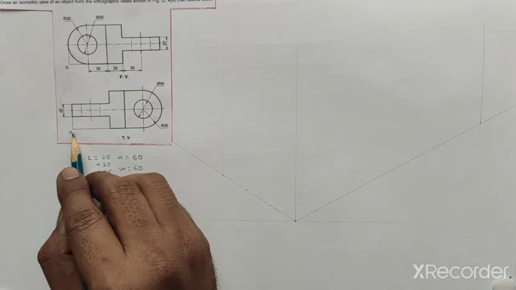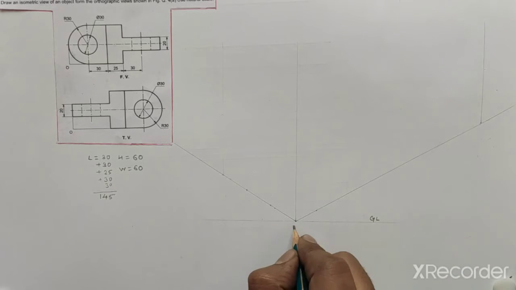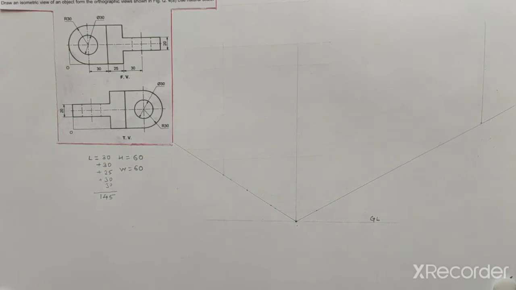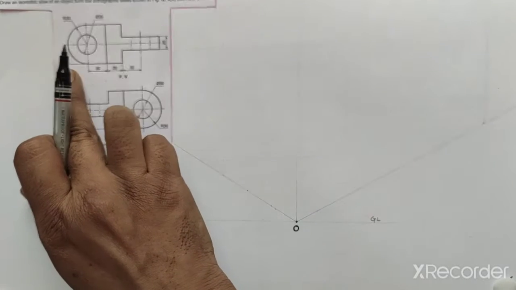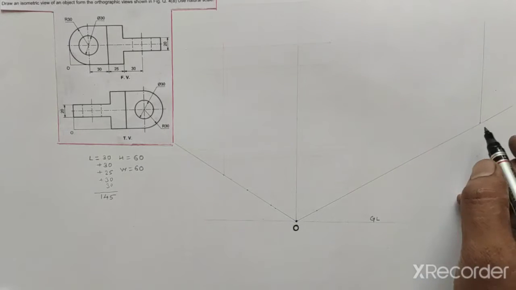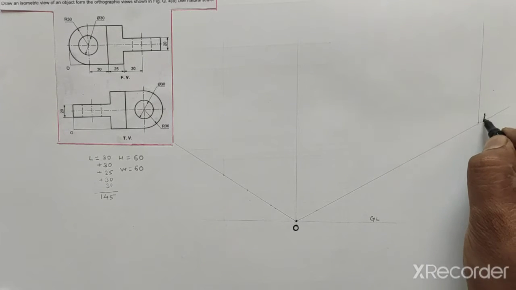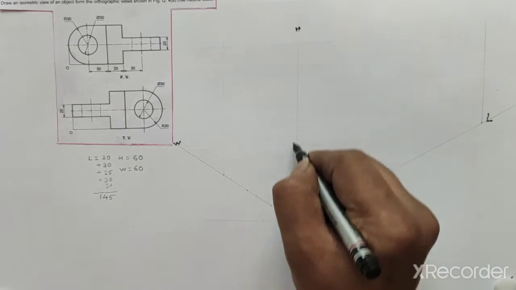The O position is given. Then draw the horizontal line, that is the GL, ground line. Then mark the point O. Next, the length: when we pick up this object as it is and place it here, we match this O position at this end. So the length of the object appears on this side, and the width of the object remains on this side. The total height we can take vertically.